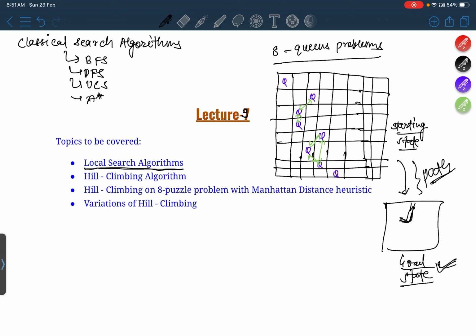The issue with these search algorithms was that they needed a finite state space graph, right? For any algorithm to work, they can only work on this finite state space graph,